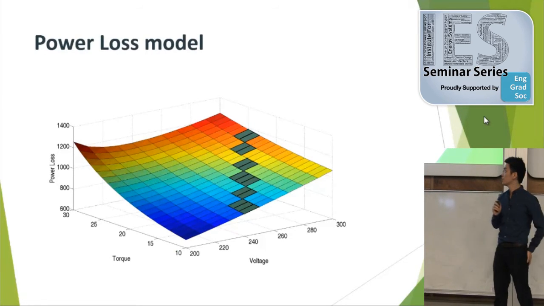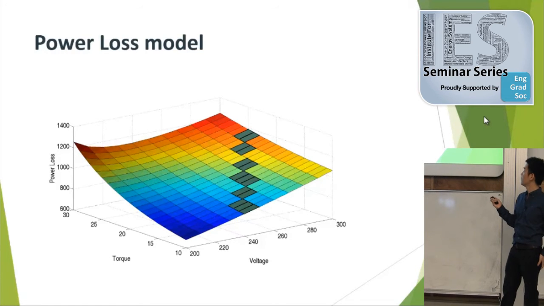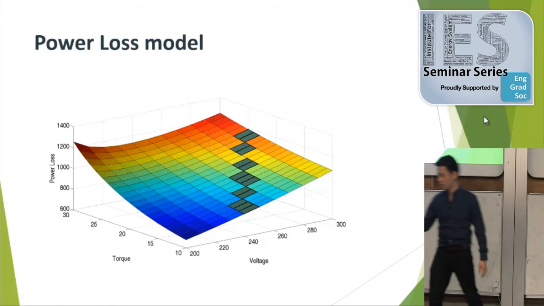And this is the power loss model of a typical induction machine. The point that I highlighted is the point where the machine actually operates. If we put in the full load flux in a machine without control, the machine will operate at this point, where the UMP is quite high and there is quite a lot of power loss. However, if we reduce the UMP, we can also save power loss, and other than that, we can reduce the UMP of the machine, which is quite important to save